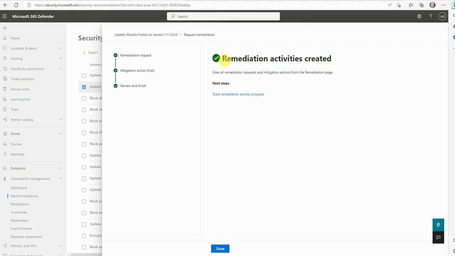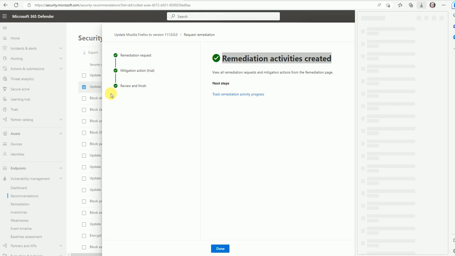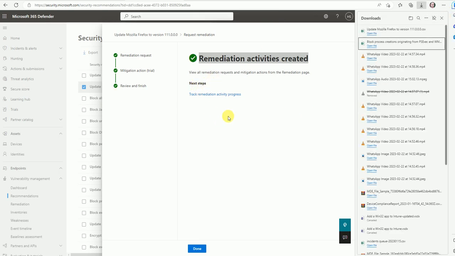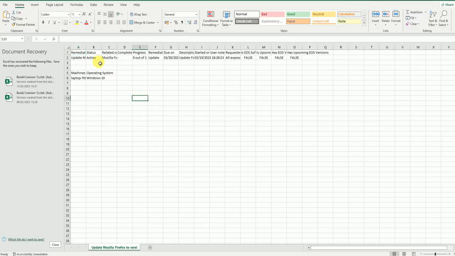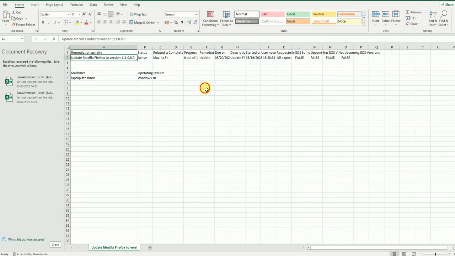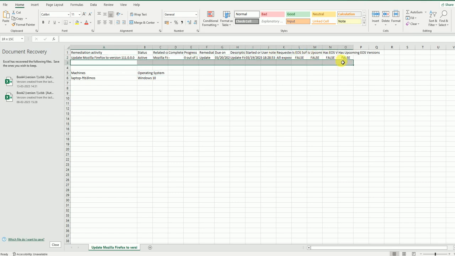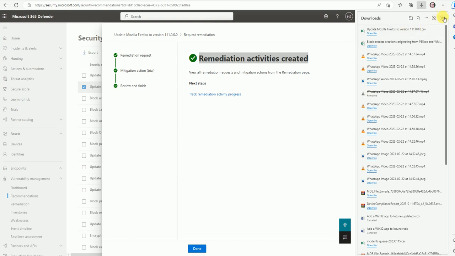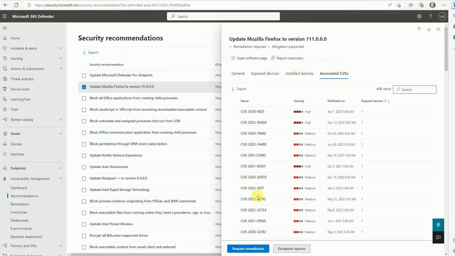So this is a remediation request created, and that you can track over the console. I will show you where it is. So now here it is, your Mozilla Firefox details. It exported, and you can see what the details are in the CSV if you want to export it. If not, then you can just click on done, and we start the remediation for this